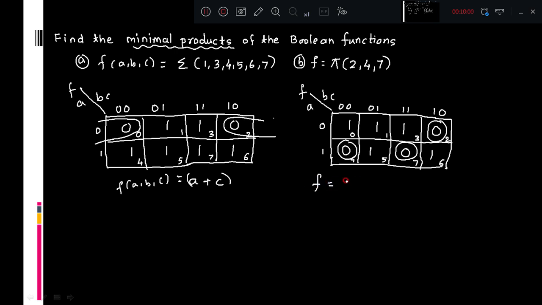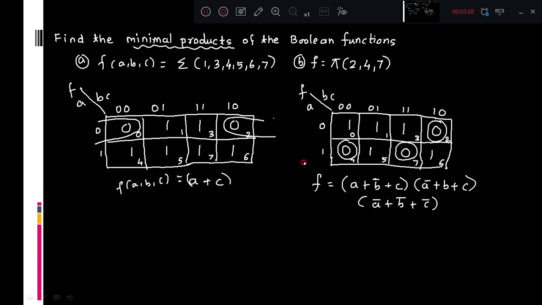That first function is, here we can write a, b is 1, so in complemented form. 0 means as it is, see, first term. Second term, for cell 4, 1 0 0. 1 0 0 means a bar, and b and c are 0 0, b plus c. And one more term, 7, a b c 1 1 1 means in complemented form, a bar or b bar or c bar.